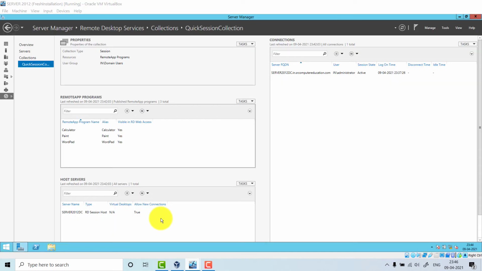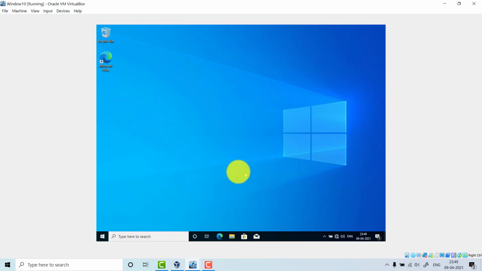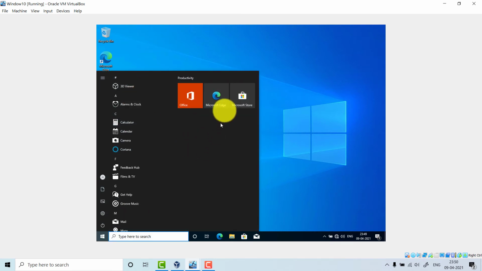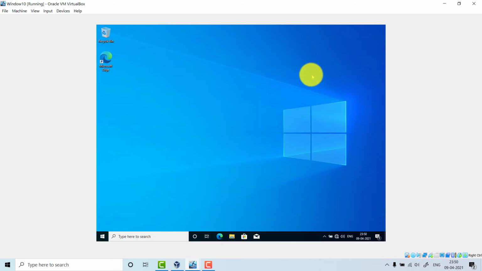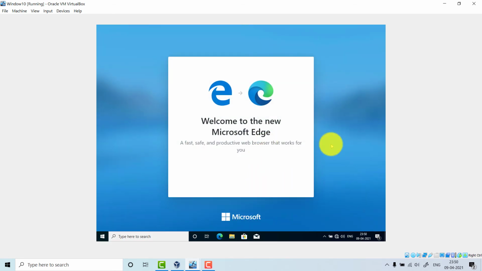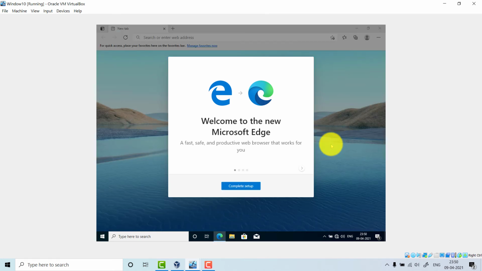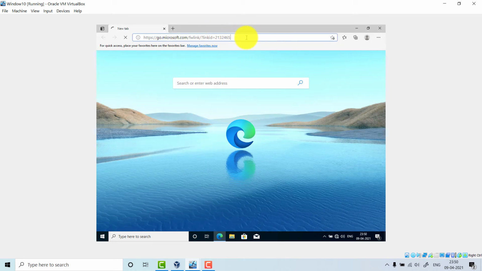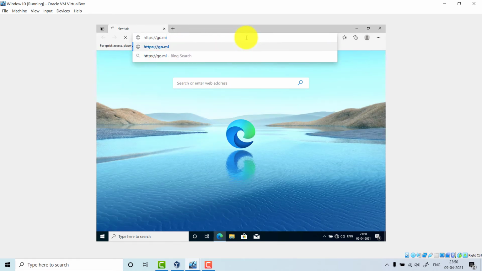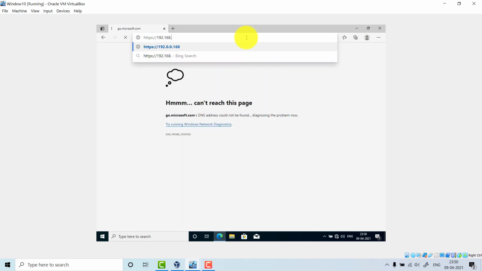Now what I have to do, go to the server machine. Now we are on the client machine. What you have to do, you have to open your browser. Let's go to Microsoft Edge. This is the default browser, and you have to give the web page where all our server applications are located. So the link for that, the web address is https:// you can give the IP address of your server. As you know, the IP address is 192.168.8.1.